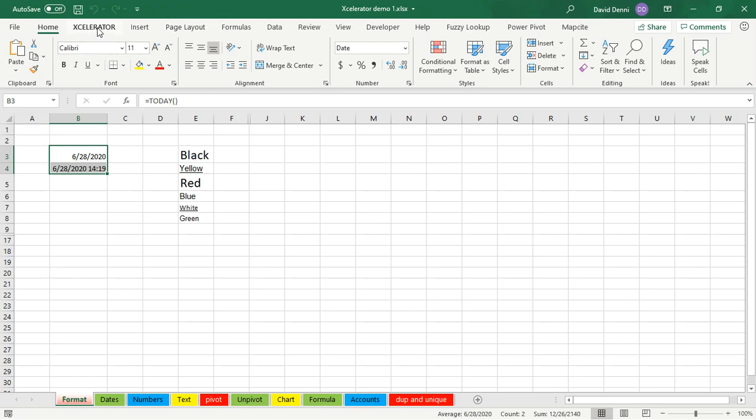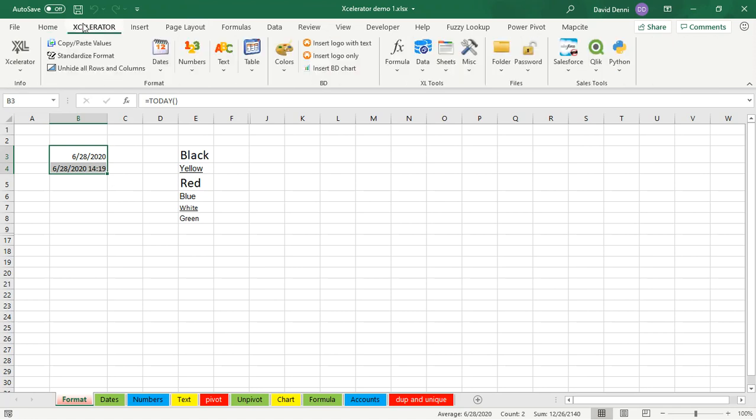Xcelerator adds a new menu to your Excel ribbon next to the Home tab. And you'll find different sections and different menus. The first one is dedicated to formatting your data, like dates, numbers, text, tables. The second will make your spreadsheet more BD-like, with the ability to apply some BD colors, the logo, and some BD charts. You can perform some data analysis, or you can use some new formulas specific to Xcelerator, and you can work with files. So without further ado, I'm going to show you how it works, covering most of the